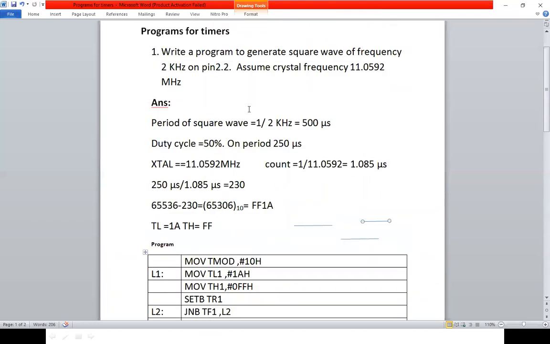If you have any difficulty, ask me, because we'll stop here. If you don't understand anything, ask. Have you understood how to calculate the frequency or how to calculate the delay? Because this is very important for your offline examination. Questions related to that may be asked.